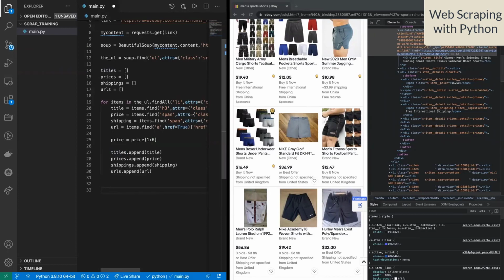And I would like to be able to use it, maybe plot a graph out of it, or maybe I would like to find the cheapest short, or maybe I want to make searches with the name with my own list, which is created by me. And you might ask, by the way, why would you want to scrap data from an e-commerce website? For example, if you are looking for the cheapest version of a particular item on the web, there are a lot of different websites, right? There's Etsy, there's eBay, there's Amazon. So there are a lot of different websites. One thing you could do, you could scrap data from all of these websites one by one and create your own list,